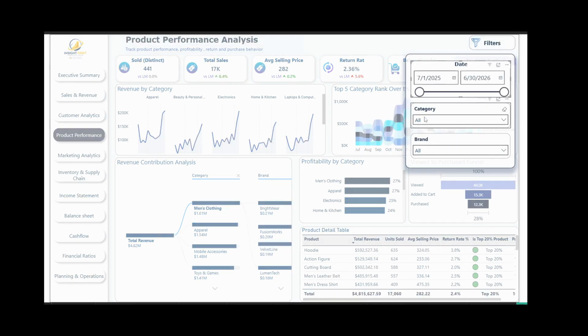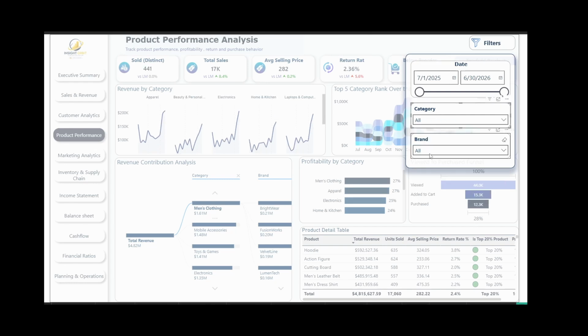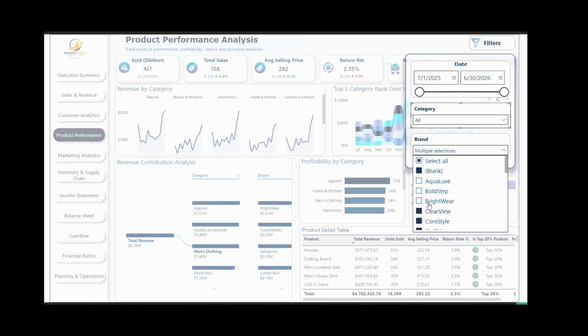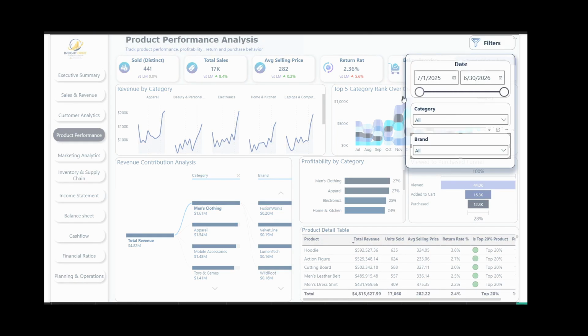Now let's move to the product performance dashboard. The goal of this page is to understand which products are driving business growth, which products are not performing well, and where the company should focus its attention. For an e-commerce business, product-level analysis is extremely important because not every product contributes equally to the revenue